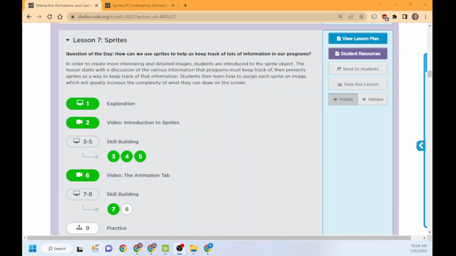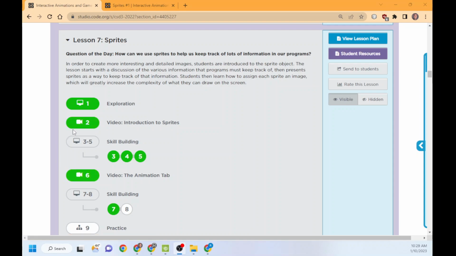In this lesson, we're going to learn one of the most important pieces of Game Lab, right? There are a few programming concepts, but one of the big pieces is the sprite, and the way it works is unique to Game Lab. I'm sure other programs have similar things, but this is what Game Lab does in order to store all this information. So make sure to watch these two videos